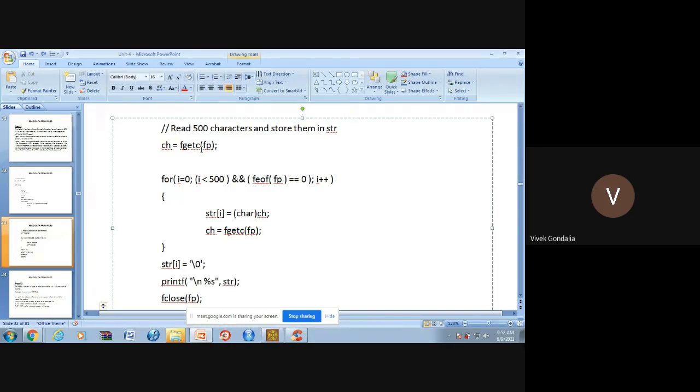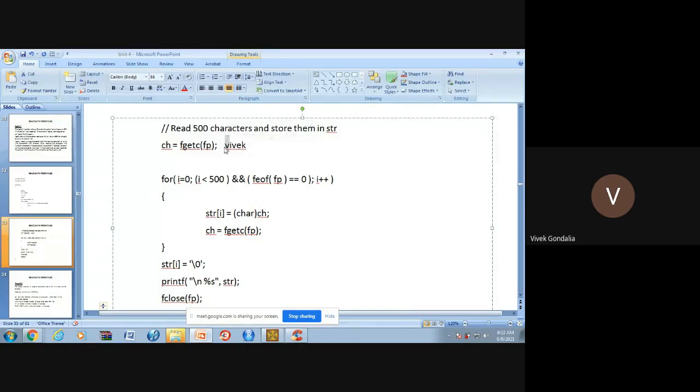Now what happens? Suppose from the file, by using this fgetc, I am taking one character ch. Now that ch is typecast to a character, which means it will be converted into a character and it will go to the string. Clear? So from the file I am getting one character, and that character will go to the string, and this string is where I want to read 500 characters. At the end I will print it. So the first character will go there. Now again this function will run. See this thing, again I will run this function, fgetc. The first time it will take one character. Suppose in my file Vivek is there.